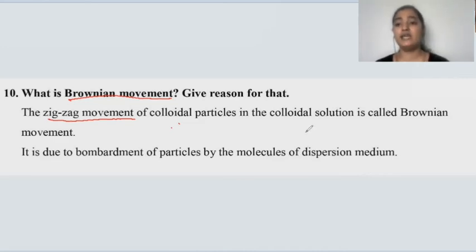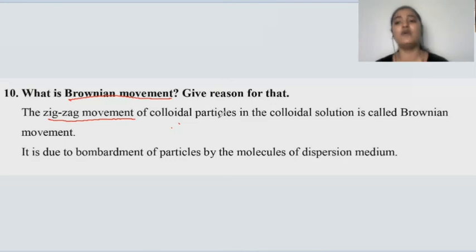and there will be in a constant motion, constantly moving. When those particles collide with the colloidal particles, the kinetic energy will be transferred from the particles of the dispersion medium to the particles of the dispersed phase. Kinetic energy is passed, and those colloidal particles are going to gain that energy,